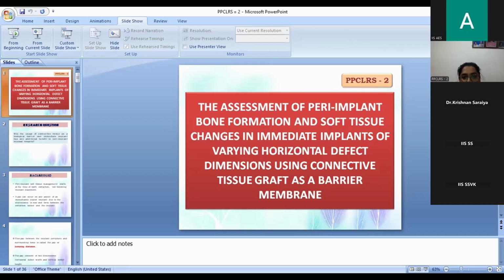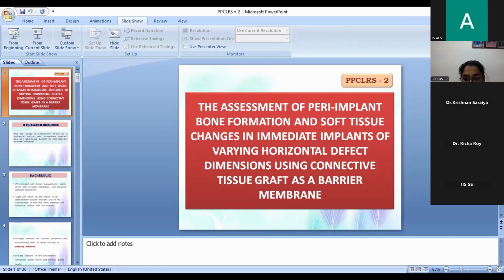Coming to the limitations reviewed in the key articles, the comparison in gain in attached mucosal width and mucosal biotype in immediate implants covered with and without connective tissue graft was not assessed. The horizontal dimensional defects of more than 2 mm managed without bone grafts were assessed in very few studies only, and no studies considered such an assessment following usage of connective tissue